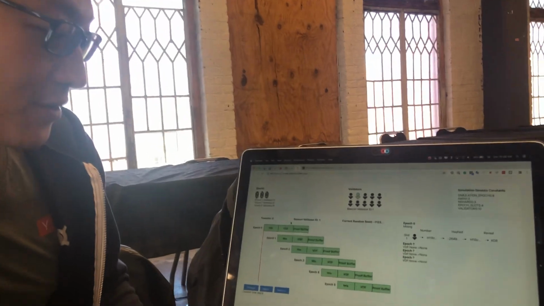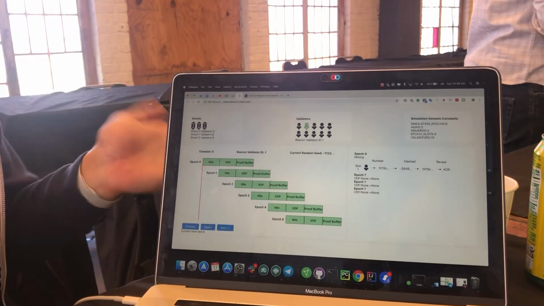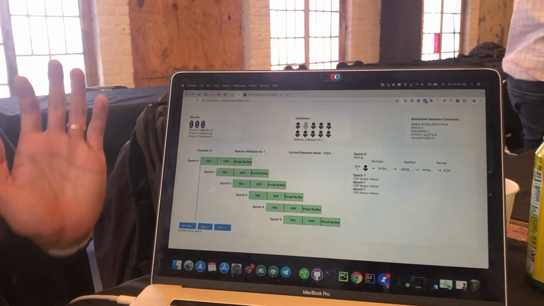not fully there. So we built both a backend, which is in Python, and also a Python server that served the data to a React front end. The benefit of this is that for new people who are getting into Ethereum 2.0, you can actually visualize